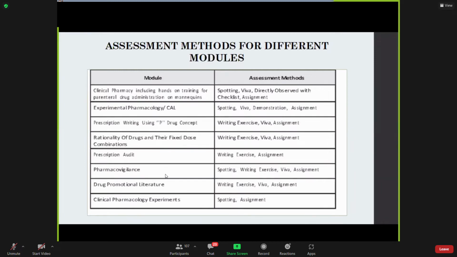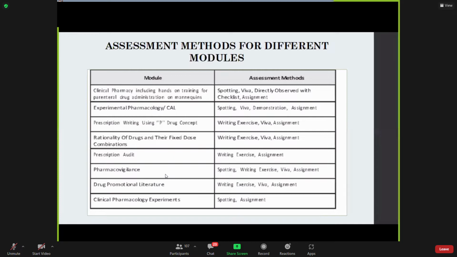Prescription writing using P drug concept. This P drug concept would overlap with the rationality or the rational drug therapy. That concept will be further covered in the subsequent practicals. That will be assessed by writing exercises, vivas, and assignments. So rationality of drugs and their